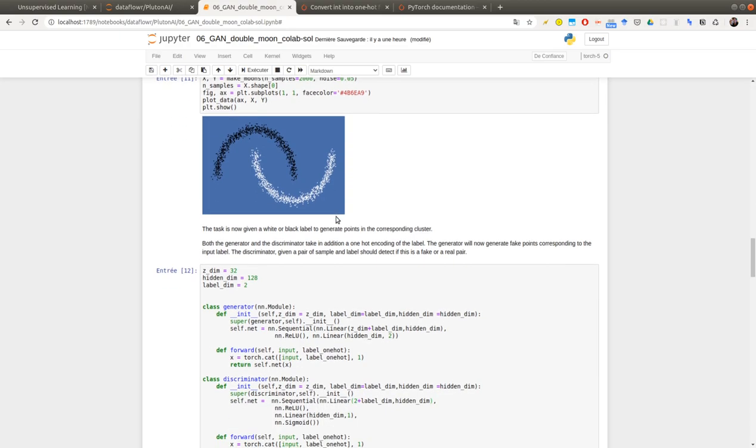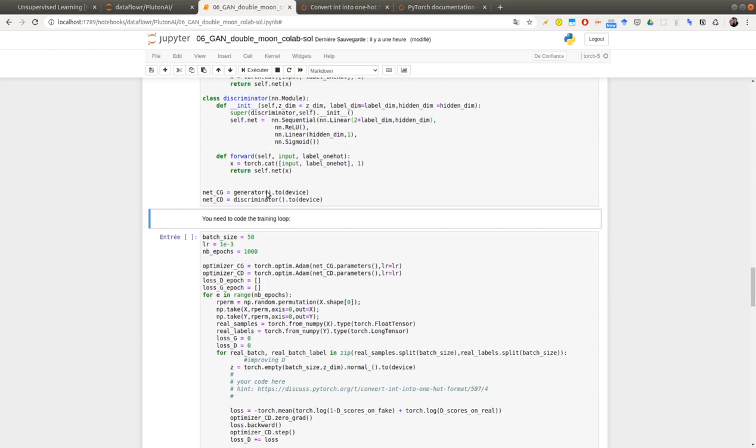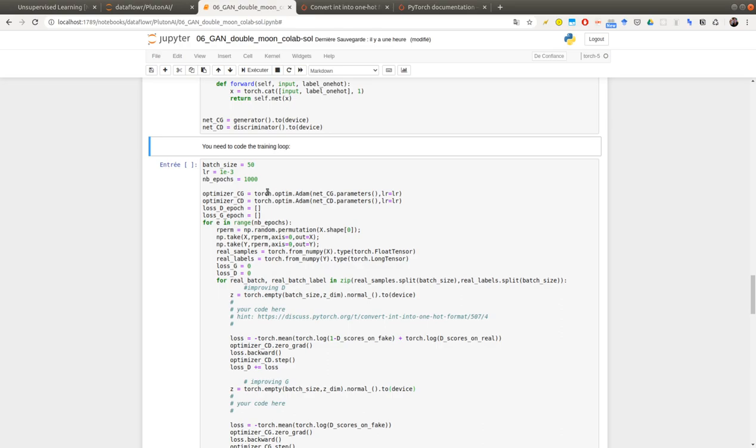The discriminator takes as input a point in the 2D space plus a color and tries to predict whether it's from the dataset or not. So in particular, if you give the discriminator a point in this range of the Euclidean space but with a color which is black, it will detect that it's a fake one. So you are giving more power both to the generator and the discriminator.